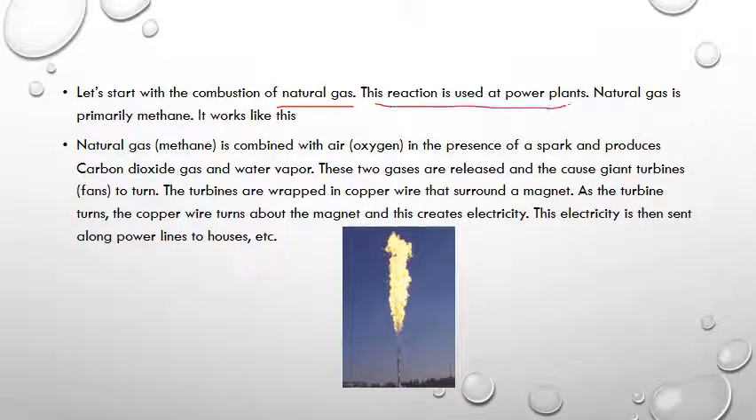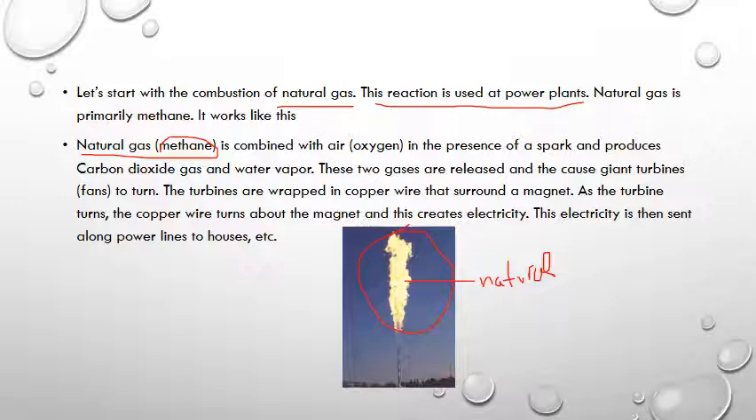This reaction is used at power plants. I don't know if you have ever driven by a distillery, and you will notice there are always flames shooting out at the top. This is natural gas that's being burned. There are reasons for that, but it's not what I'm going to talk about now. Natural gas is methane,